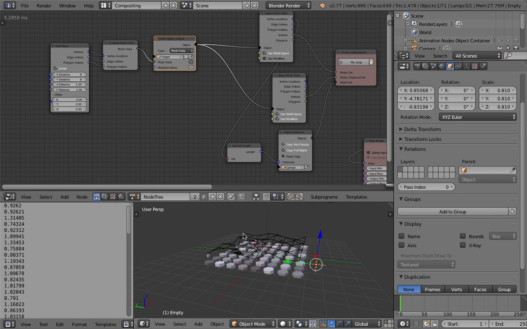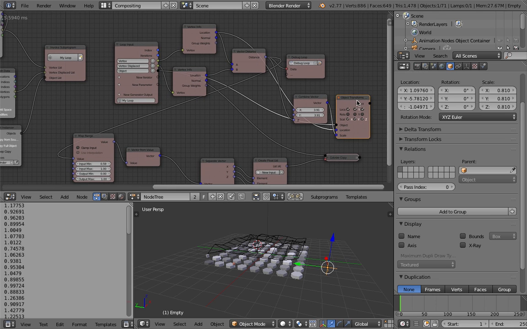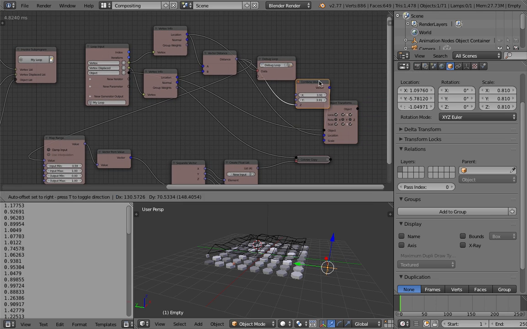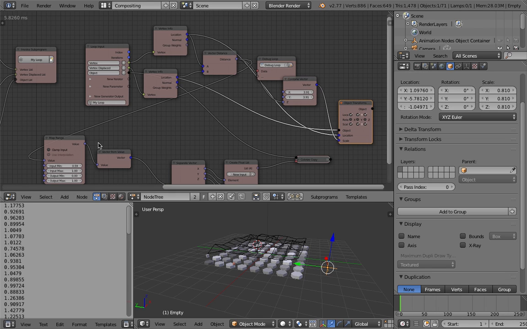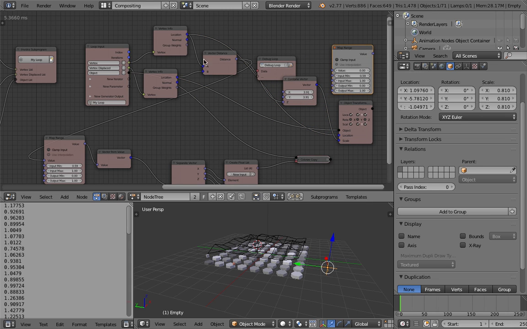This ghost guy right there, and it's driving the scale. The scale can be also remapped. So remap is very useful. This is super handy.